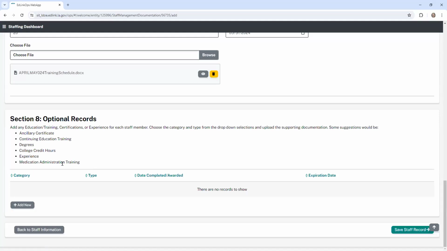Medication administration, that might seem important, but that doesn't apply to you. That would apply to your directors or designees, okay? However, all of these others are optional. So if you want to upload any ancillary certifications, degrees, college credit hours, or experience, this is where you would